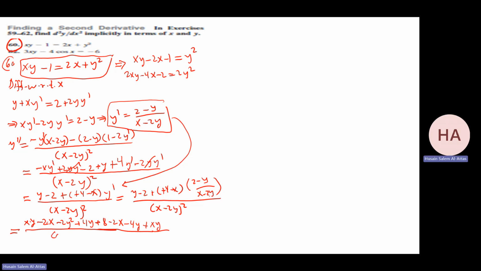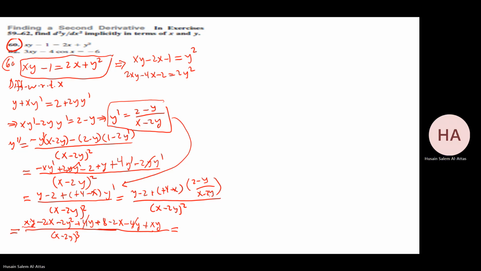And this is x minus 2y cubed. Yeah, that will make a difference, I think. That will be xy. I have minus 4y and 4y cancelled. I don't need it. So I have